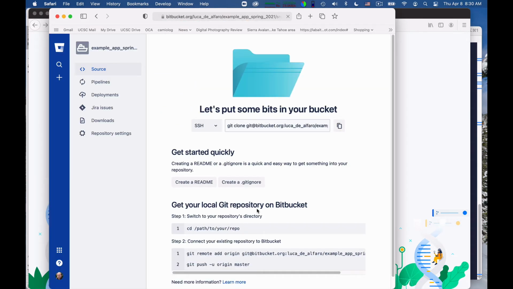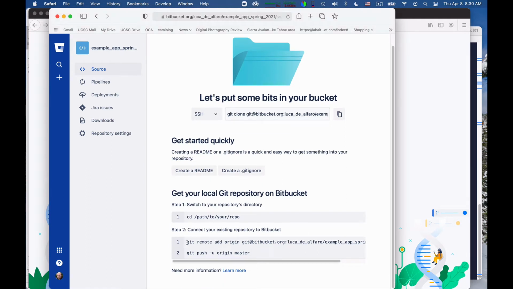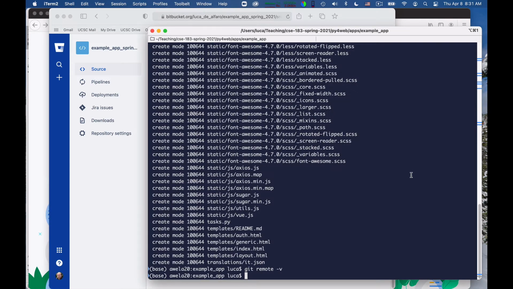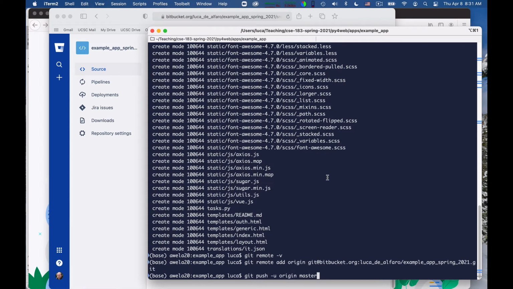Okay, and the repository now gives me these instructions. I will copy them one by one so that I can show you what it is. But essentially, okay, fine, it already did it, no harm.